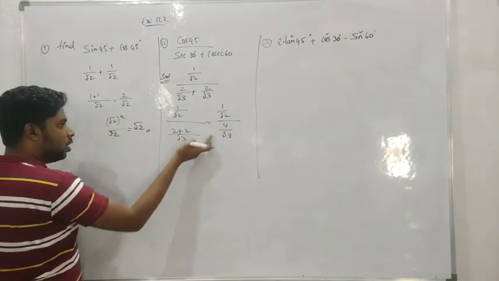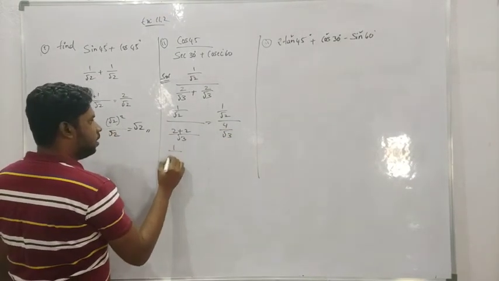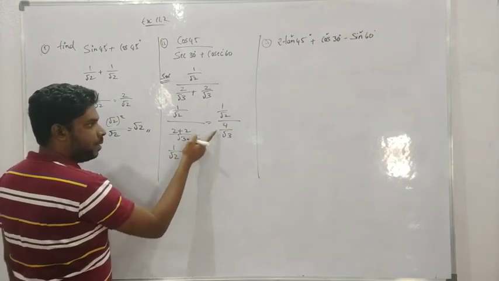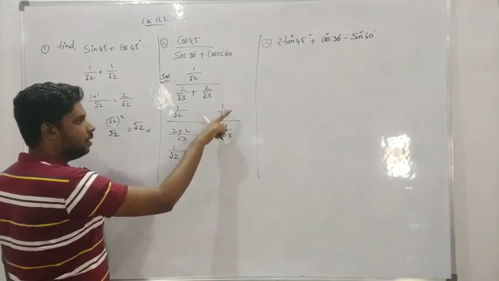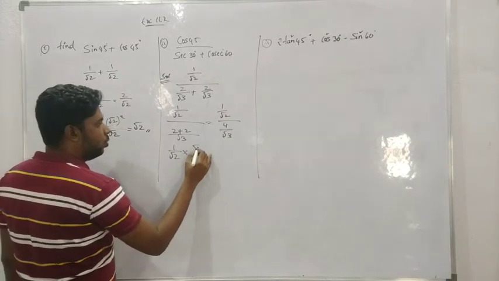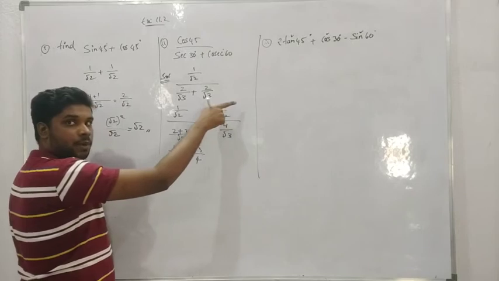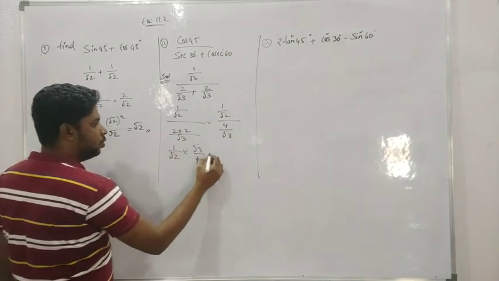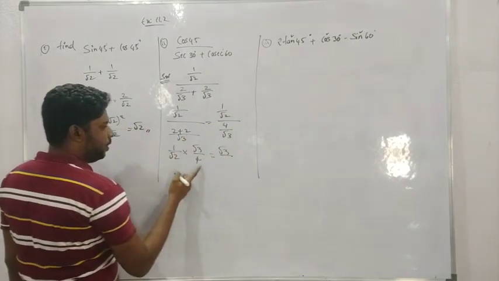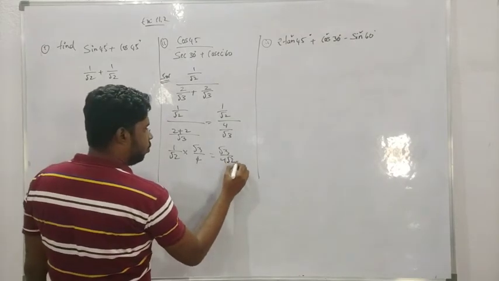Okay. If you take the denominator up, reciprocal means a by b in the numerator will become b by a, meaning root 3 divided by 4. A by b coming in the numerator will be b by a. 1 into root 3 divided by 4 into root 2 as it is, 4 root 2.